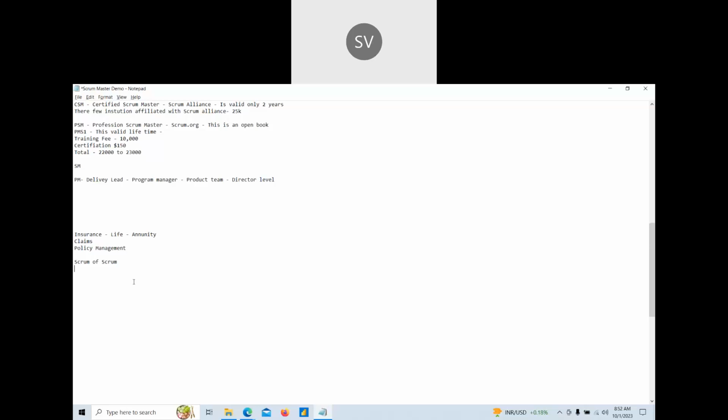SAFe Scrum Master is not so preferred as of now. But our company is following SAFe as well. The agile concepts are the same anywhere, but the handling of the concepts is different compared to normal Scrum and SAFe.